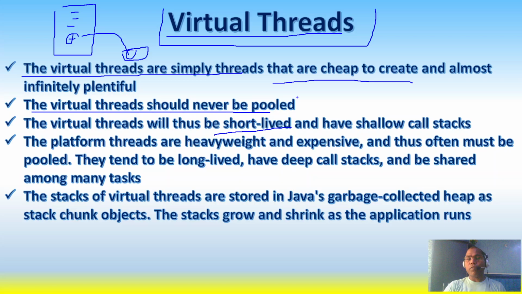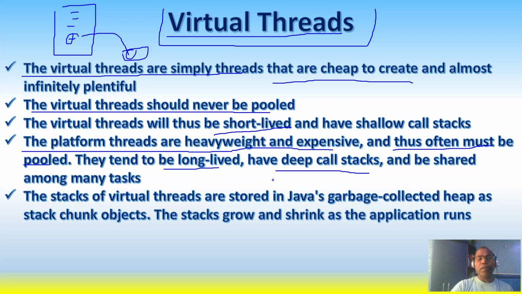If you talk about platform threads, that means they are heavyweight and expensive, often pooled, long-lived, with deep call stacks, and maybe shared among many tasks. So that is the major demarcation between virtual threads and classical threads, or platform threads. From this concept, previously whatever we called a thread was just a thread, but now